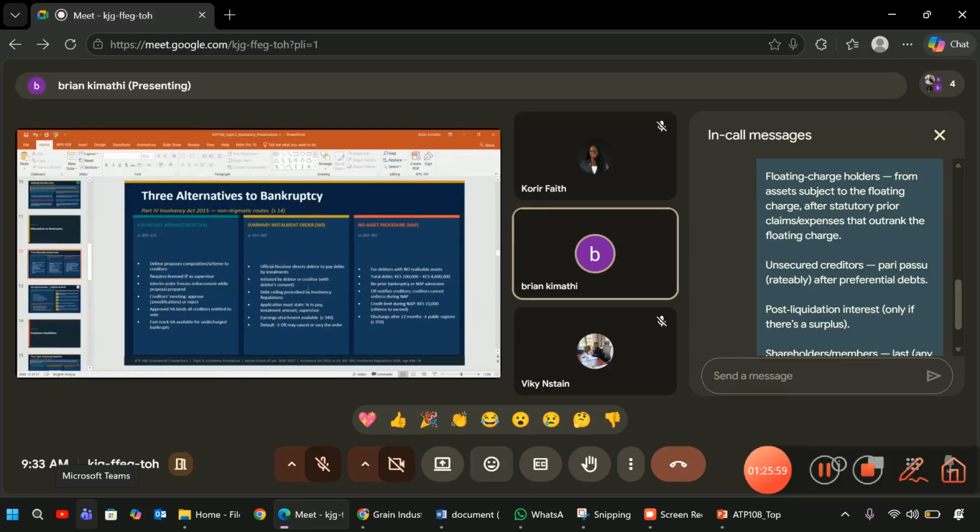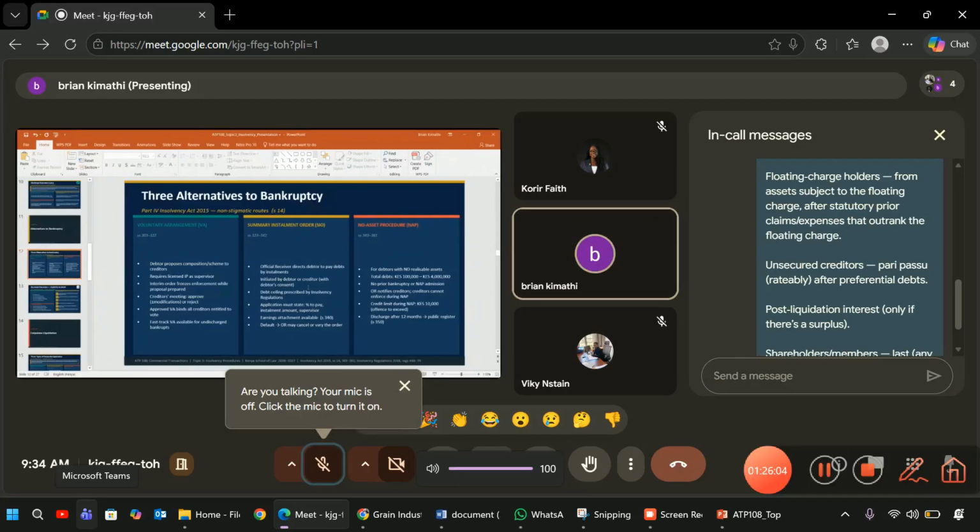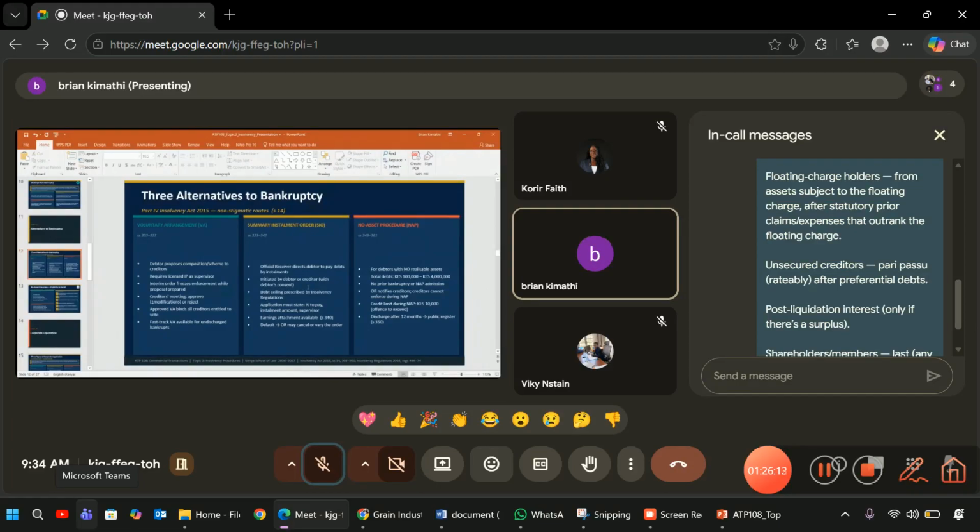The voluntary arrangement. So, the debtor makes a kind of a proposal to the creditors. It's a scheme to the creditors. And when we talk about a scheme, a scheme can also include additional credit. So, for example, I owe my creditors 6 million Kenya shillings, but the reason why I owe them 6 million is because, but back to my